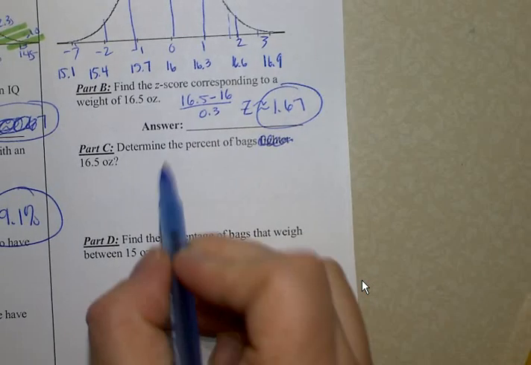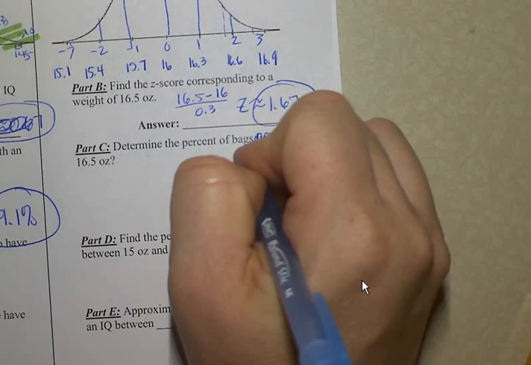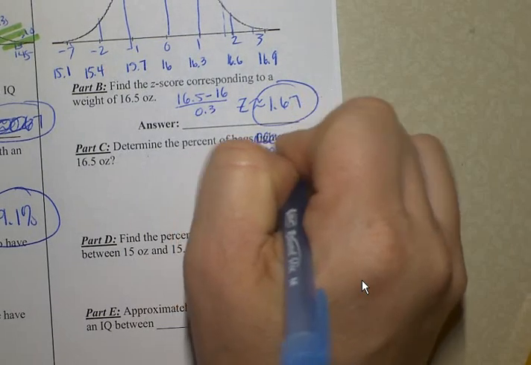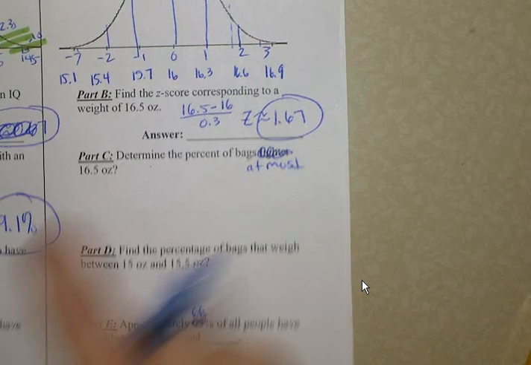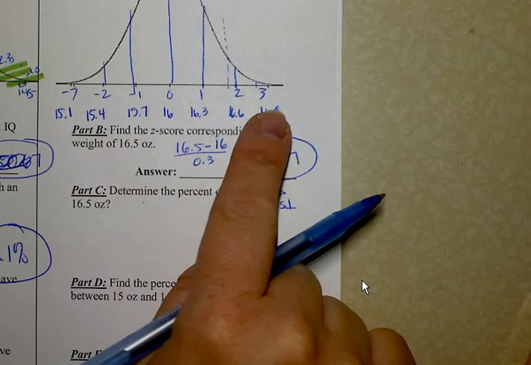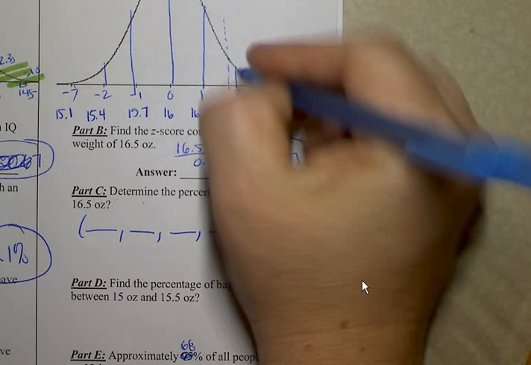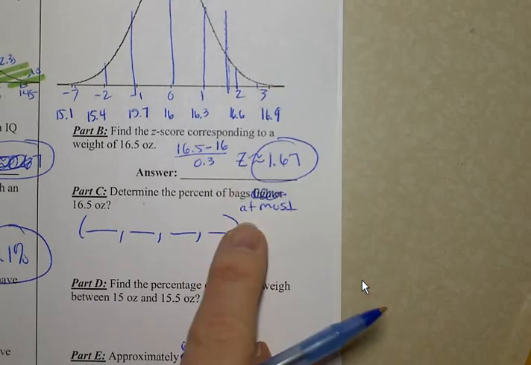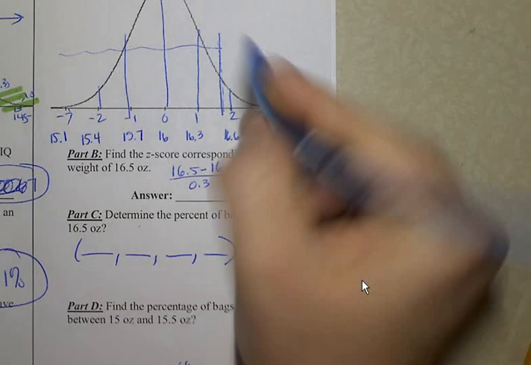It says, determine the percentage of bags that are at most 16.5 ounces. Well, 16.5 does not land on one of the columns, so I'm going to need to use the normal CDF, and 16.5 is here. When I see the words "at most," it means everything up to that point but not exceeding it. This is the largest number,